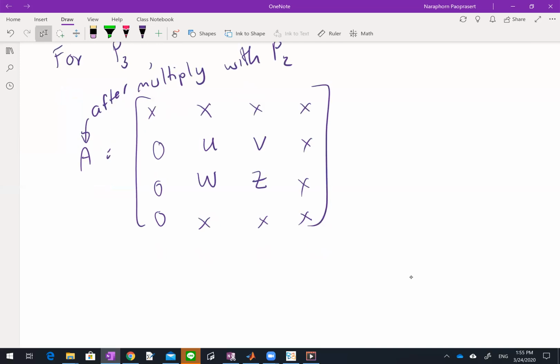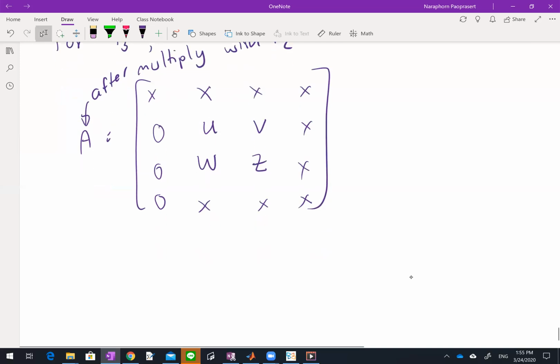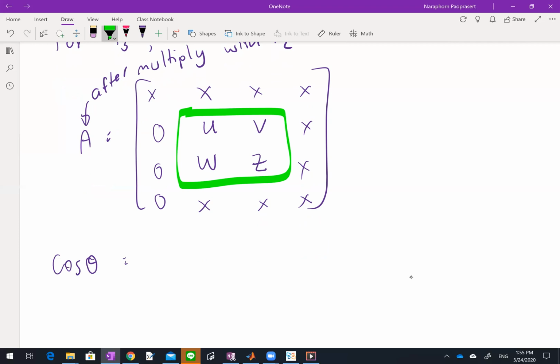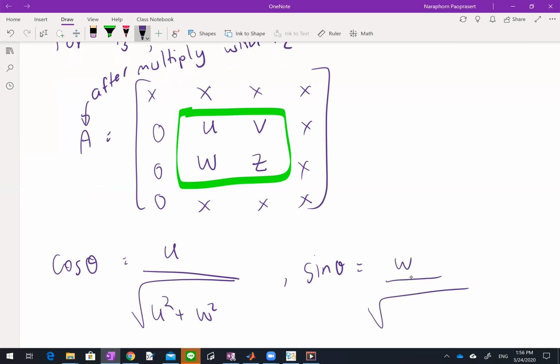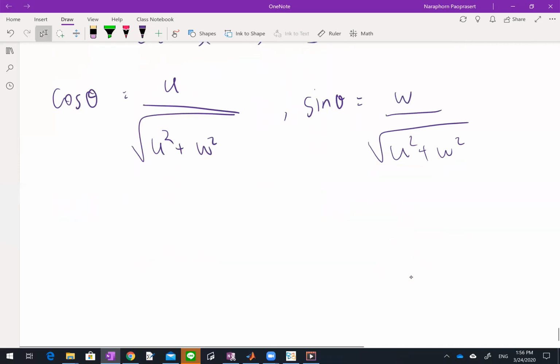So for P3, since the location of the cos and psi are in this box, your cos theta is going to be U divided by square root of U square plus W square. And your psi is going to be W divided by square root of U square plus W square, okay? And again, for P4,